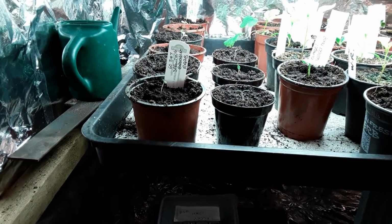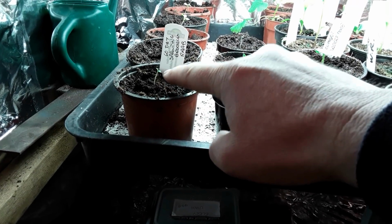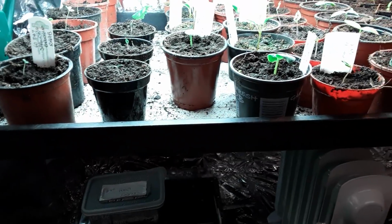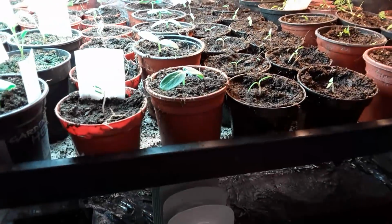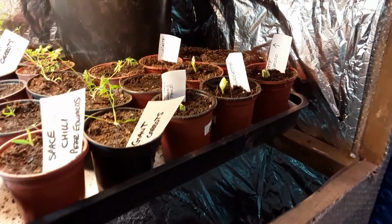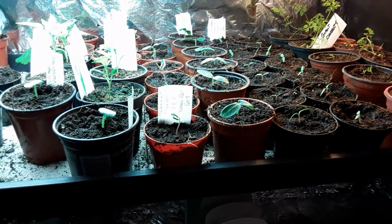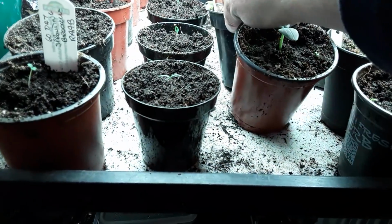Well, if you remember, I had a packet of seeds, the 60-day sprouting broccoli. As you can see, they're growing quite well. Didn't put a date on it, so I'll have to check back on the videos. Now a lot of the tomatoes, cucumbers, more tomatoes, and the courgettes are all poking their heads up. Not all the chitted seeds that you put into the pots actually always take, but